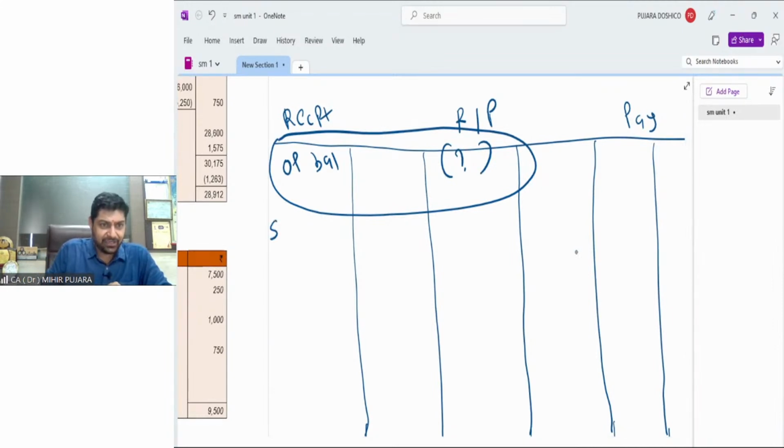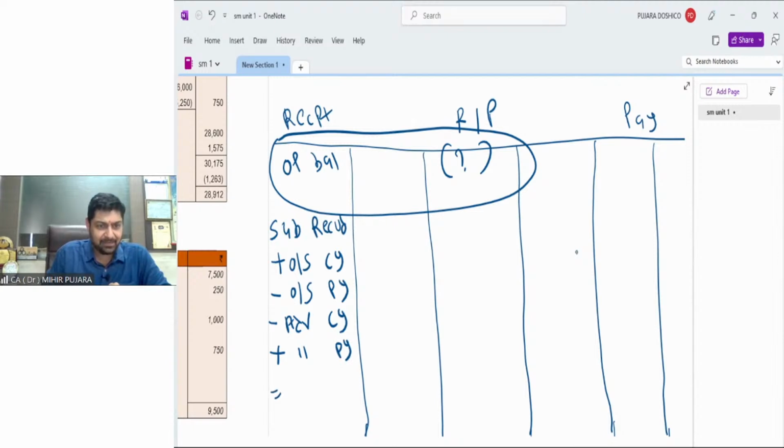Sir, the routine rule is subscription received plus outstanding of current year minus outstanding of previous year minus advance of current year plus advance of previous year